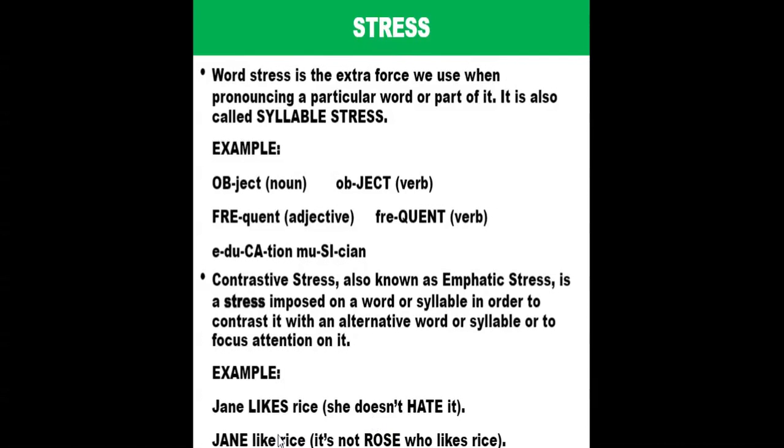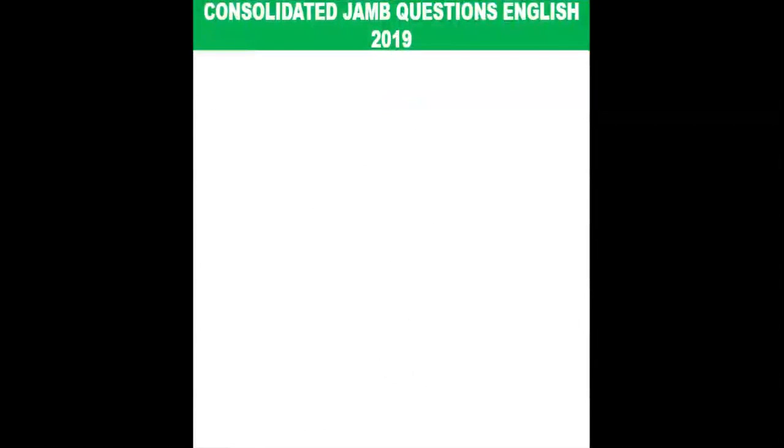And when you say Jane, if stress is on Jane, Jane likes rice, which means we are contrasting the fact that Jane is the one that likes rice with the idea that Rose, it is not Rose who likes rice, rather it is Jane. So we impose stress on any word that we want to highlight, okay? So, moving forward, we want to look at consolidated JAMB questions,